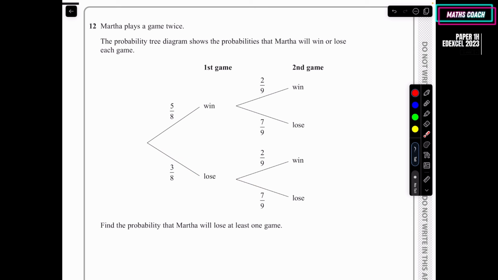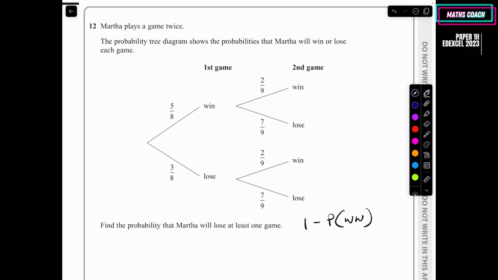Right. But the quicker way is, if you know those probabilities that you've seen me highlight, did you notice that I didn't do anything with the one on the top, which is the win-win? Okay, that's not losing anything, isn't it? So what we can do is, all probabilities we know is out of 1. So we can use 1 minus the probability of her winning both games. So we've eliminated the possibility of her winning both games, which means that somewhere in our probability will be a